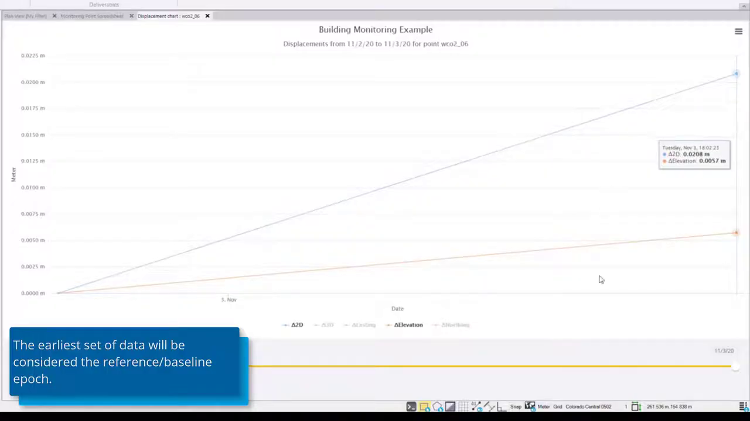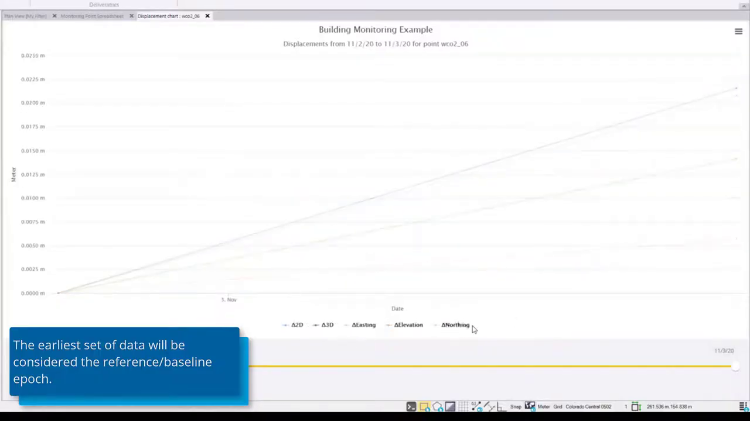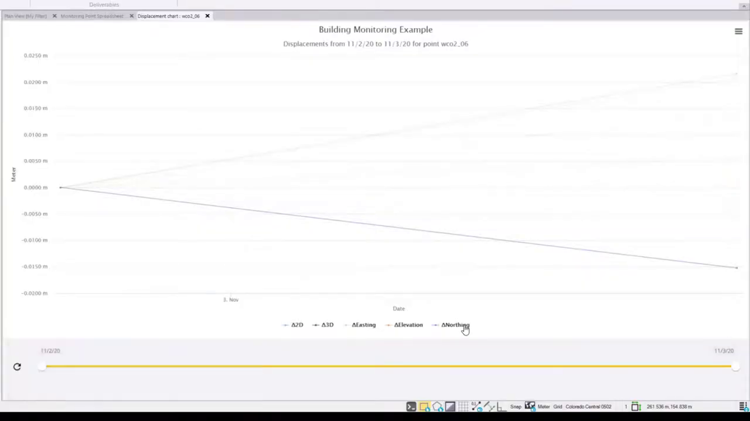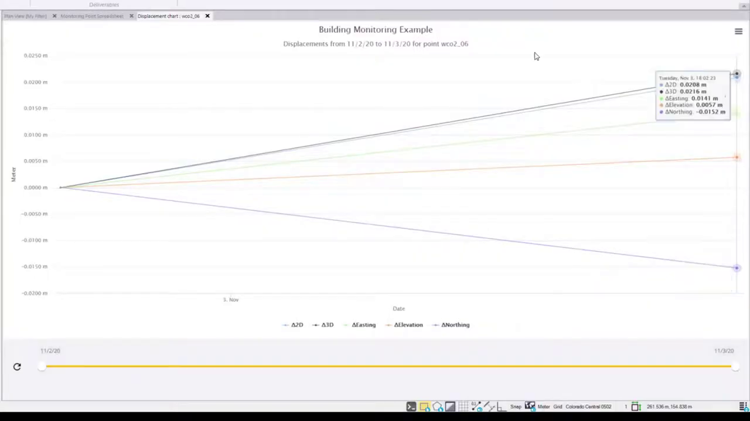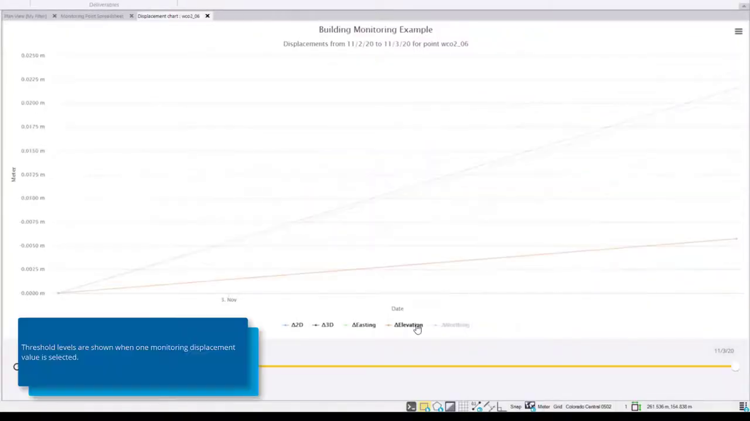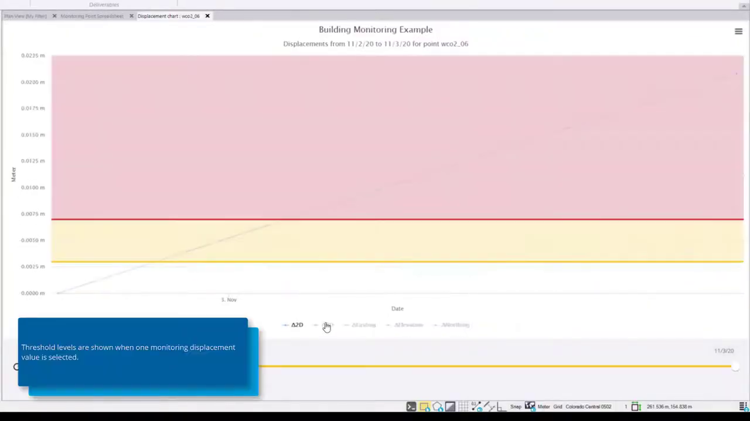Now, if I want to view multiple components of displacement, I can click on these values to show all values of displacement. And now I'm seeing not only the 2D and elevation, but also 3D easting and northing components. If I'd like to view a single component, such as 2D, I can see relative to the thresholds where my